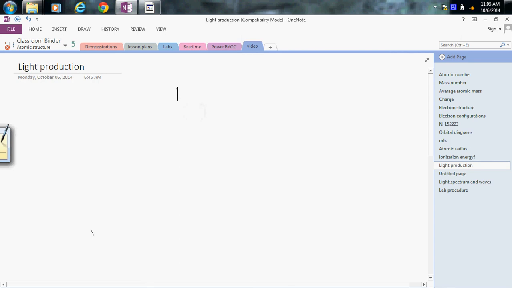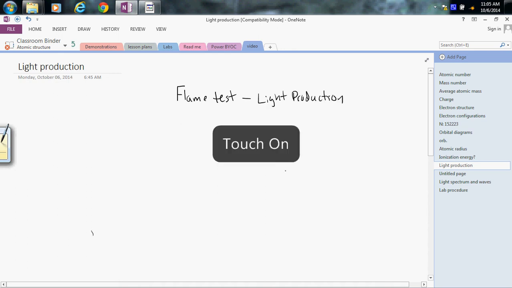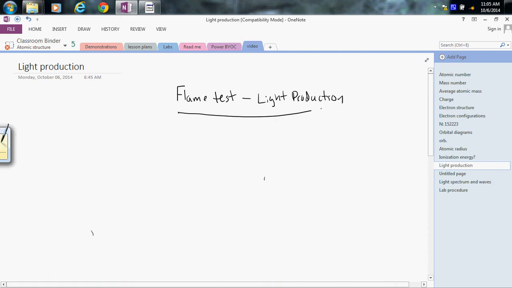First thing is going to be the flame test, and we will also be looking into some of the theory behind light production. So a little bit of pre-lab, and then we'll be looking at some of the actual content of what's going on and what you should be focusing on for your particular lab